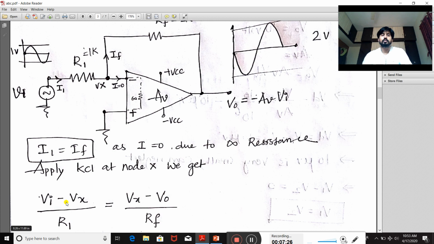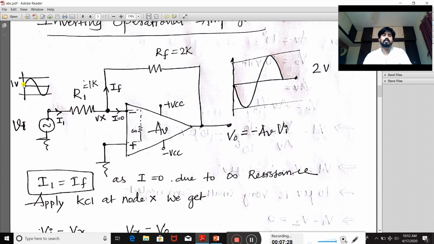It is 2. So suppose you apply this type of sinusoidal voltage of one volt magnitude, and the gain is 2, which you have already calculated based on this Rf and R1 value. Now the output magnitude will be amplified, that is 2 volt you are going to get,